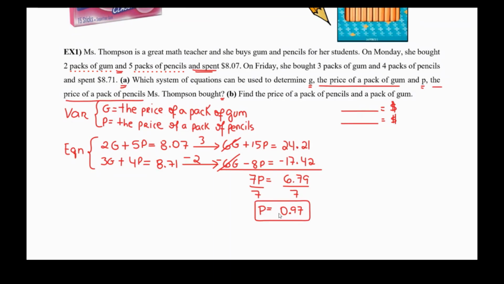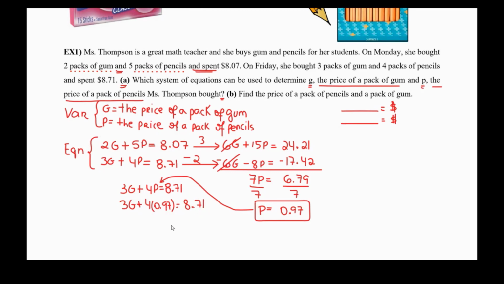So once I found p equals 0.97, I'm going to choose one of these two equations. Does not matter which one. So let's say I picked the bottom one. So I'm going to copy it, and I'm going to bring the value of p over here and substitute over here for p. So this would be 3g plus 4, open parenthesis, 0.97, close parenthesis, equals